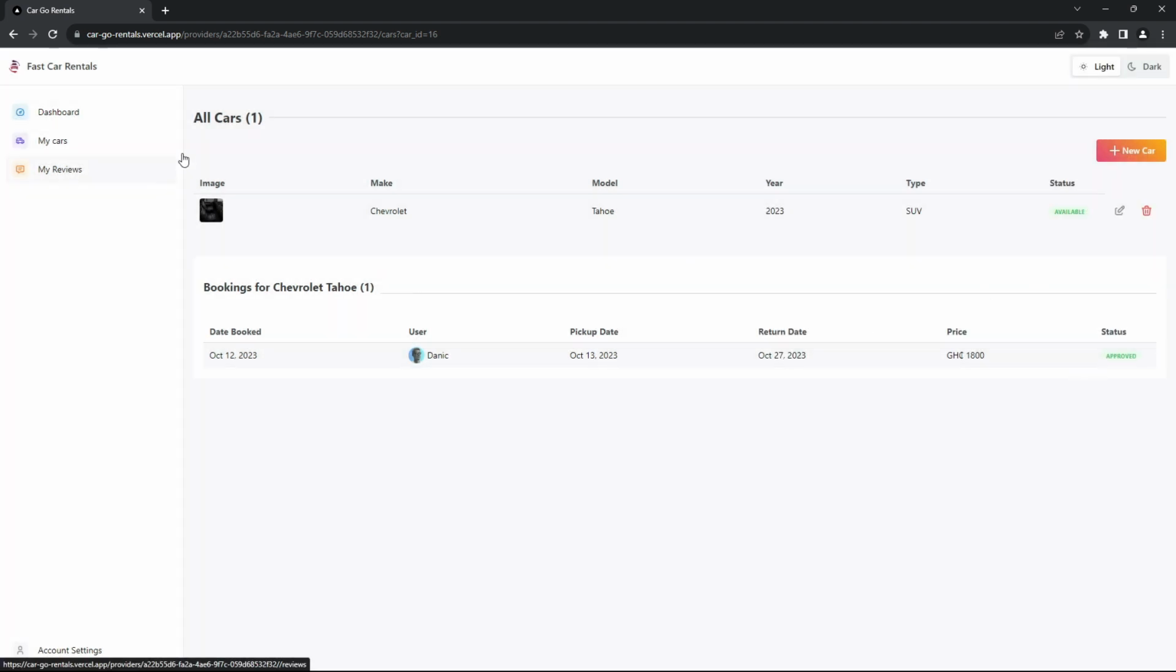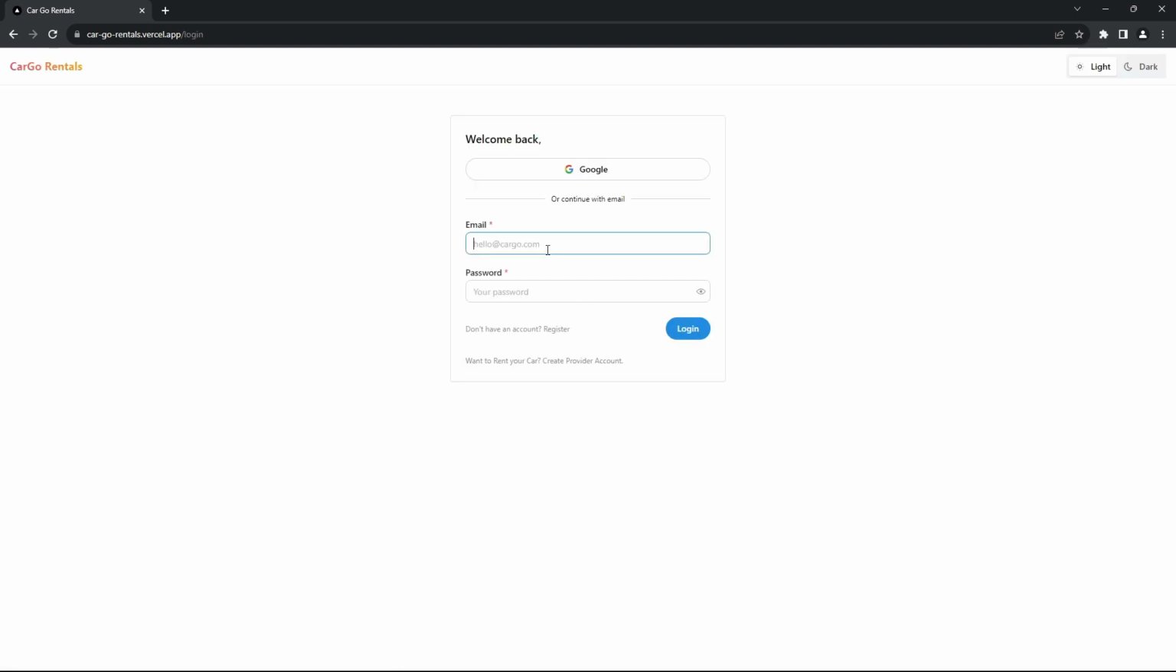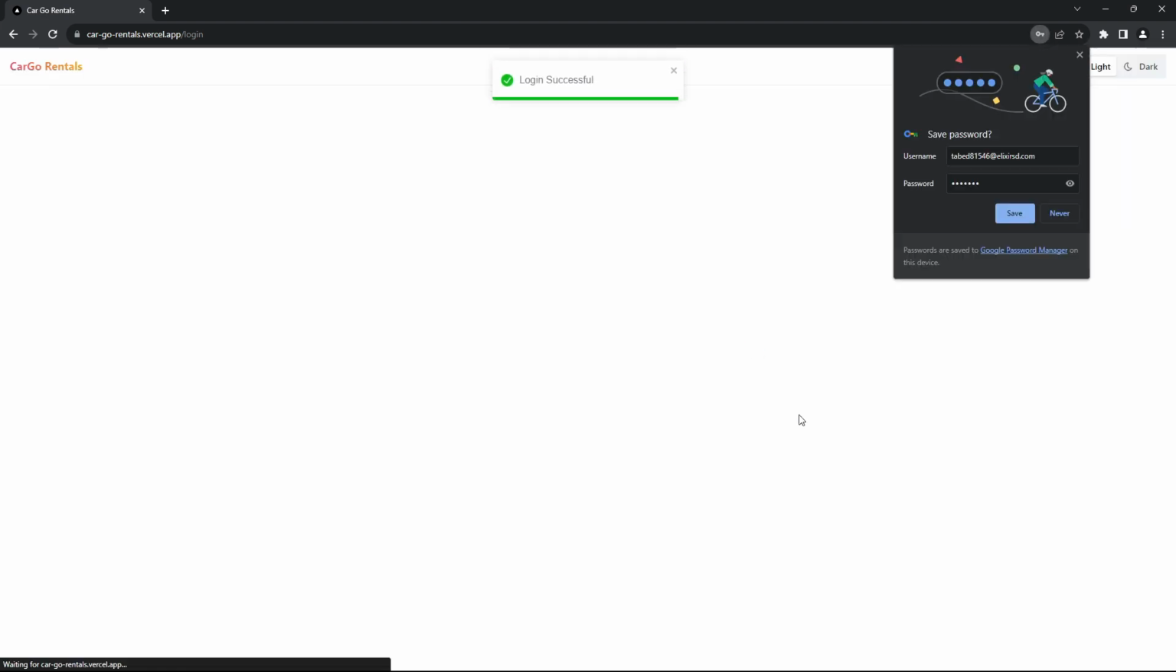I'm going to log out from this account. I'm going to log back in with another provider account, which I have some details added already. I've actually created an account for it already, so I'm going to use the details of that account. Alright, so the email is this, and the password is still test123. Alright, so it's a new provider. When I log in,